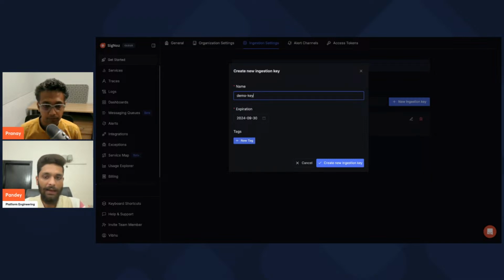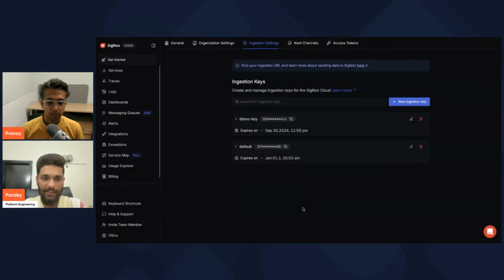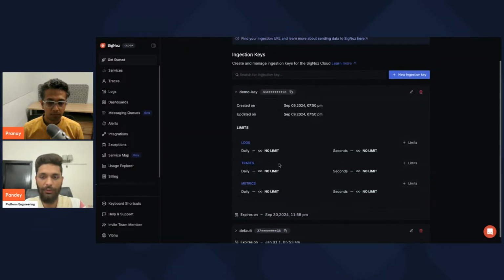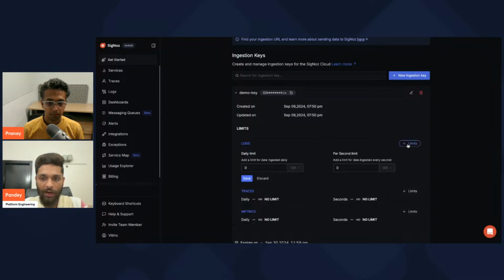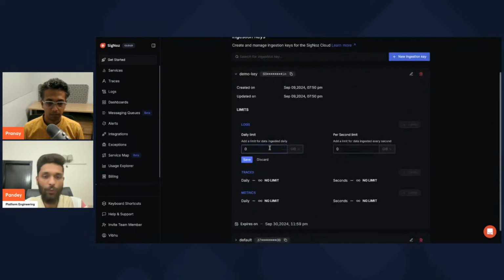Got it. Right. You can just then click on create a new ingestion key, and here is your newly created ingestion key. A quick reminder of how limits work here. And guys, please do check out the full demo to get a better idea of how this feature works in general. If you click on limits here, as we said, we force you to think about what limits you need to put here. So for example, you've got a logs limit, and let me just quickly put down maybe 100 gigs here, and